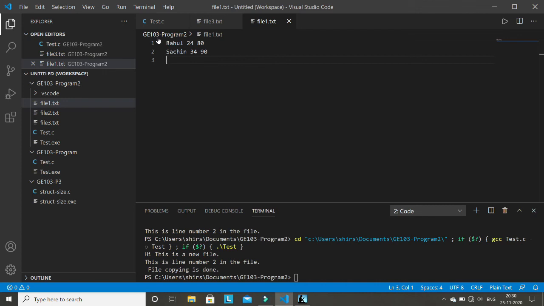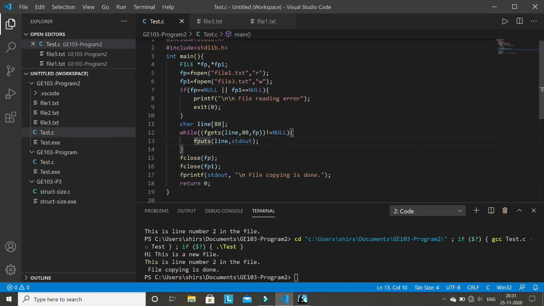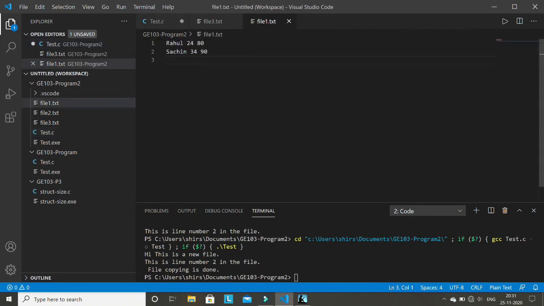And some more things need to be done that I'll not explain here, but you should know. First thing is, you know how to read line by line, right? You use fgets, it will give you a line. So the moment you get a line here, what I am doing is just printing this line. Instead of printing this line here, first of all, you have to parse this line. Because the purpose now is that we need to separate this term called 80,